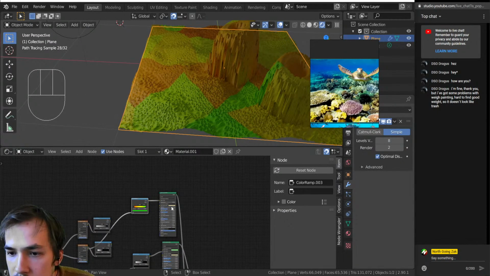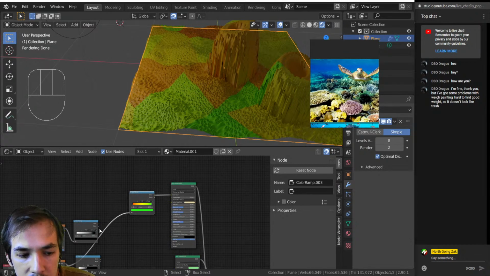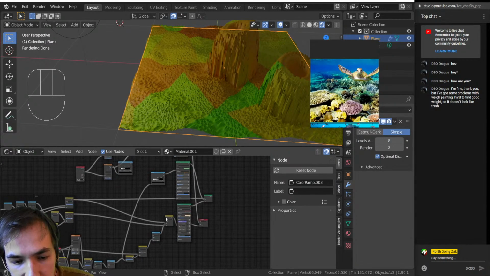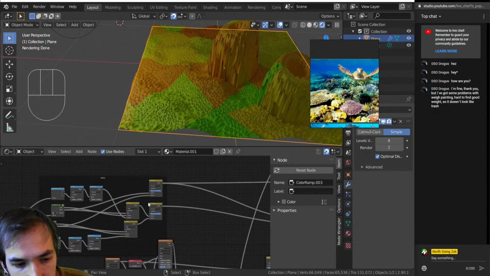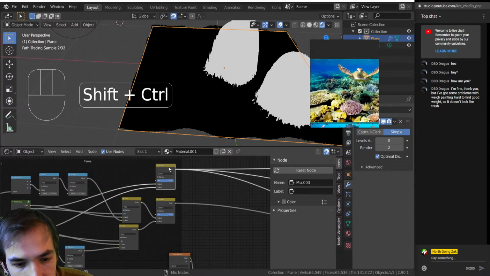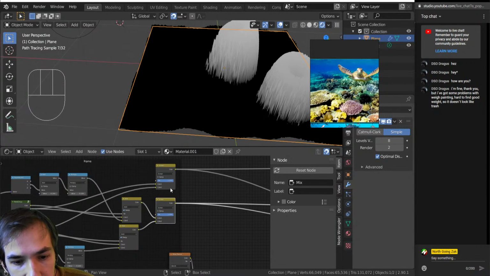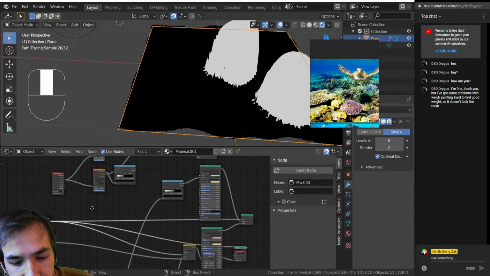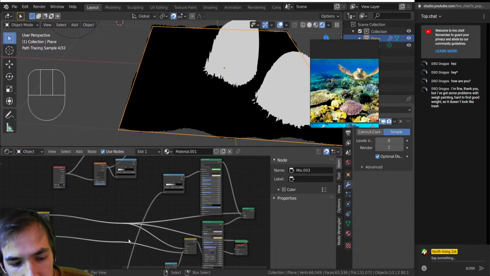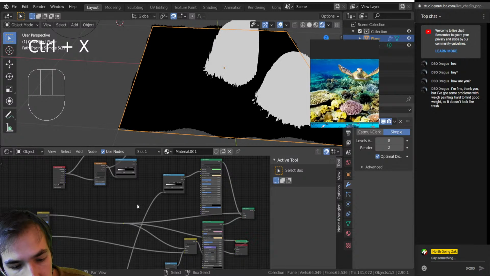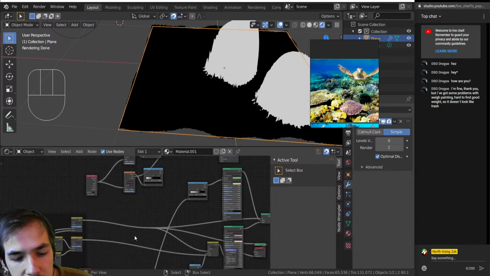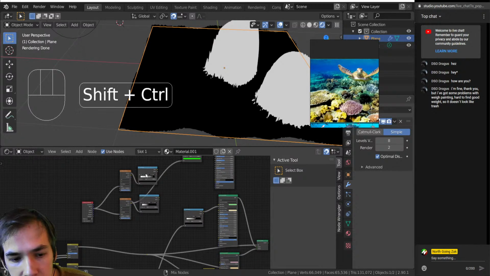And then with these bumps, let's try to incorporate that into the displacement next. So we have these mixes right here. So this is both of them. Dissolve this, Control X. So if we plug this in to here,